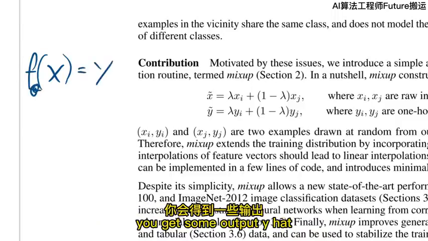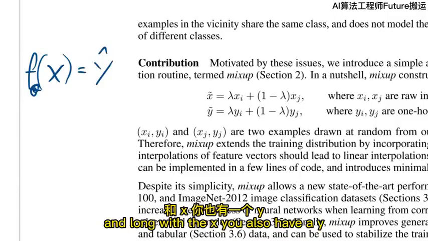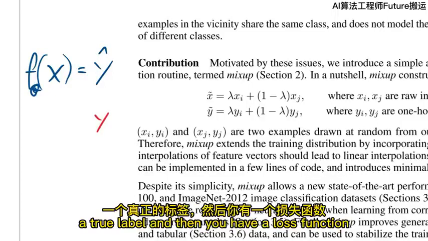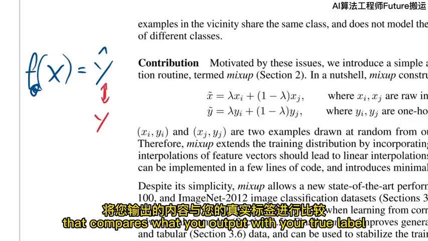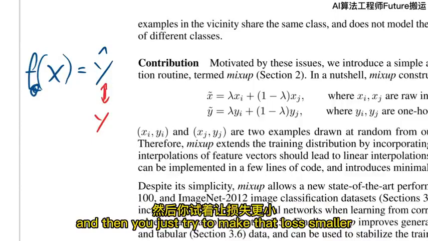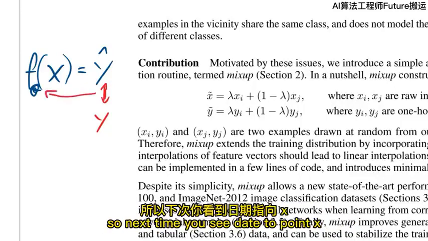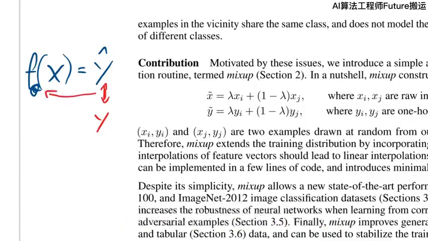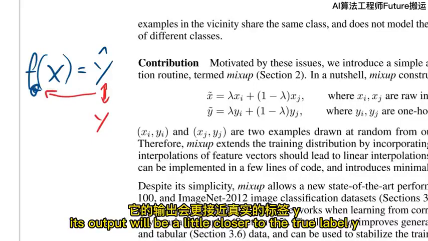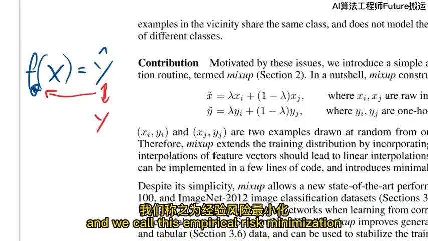You get some output, y hat, and along with the X, you also have a y, a true label, and then you have a loss function that compares what you output with your true label, and then you just try to make that loss smaller. You want to adjust your parameters, so next time you see data point X, its output will be a little closer to the true label Y. And we call this empirical risk